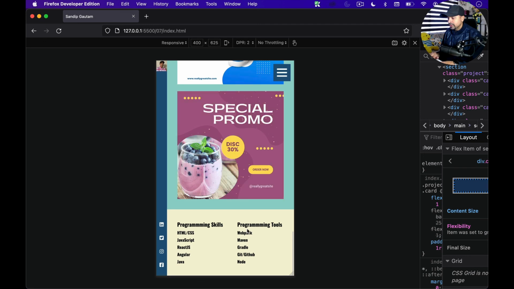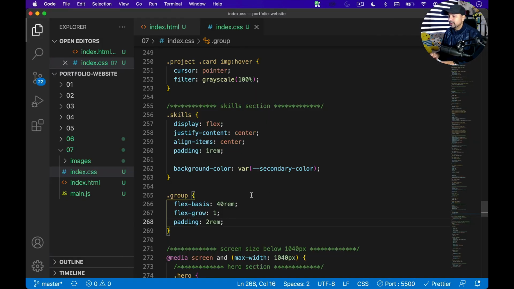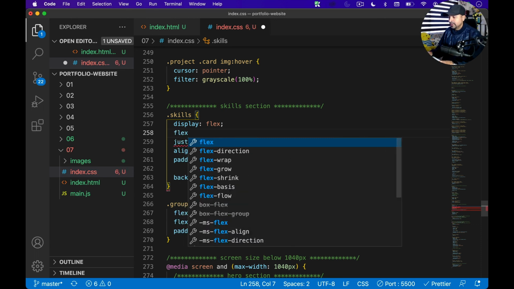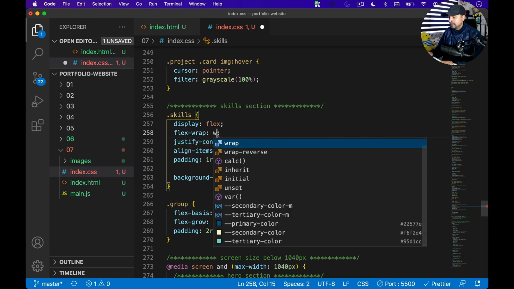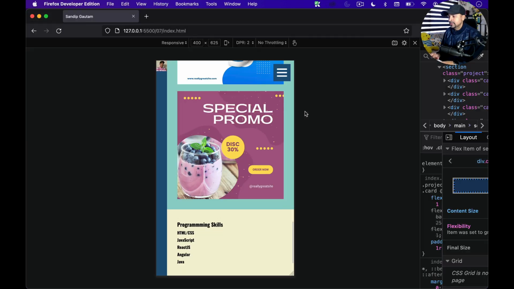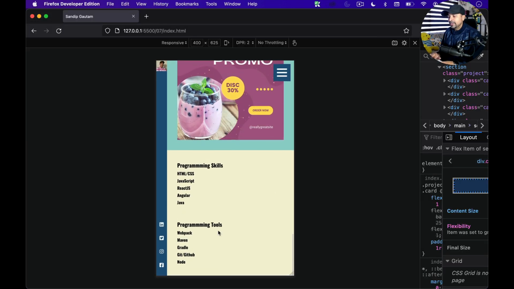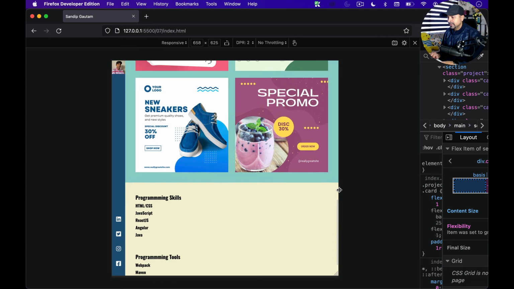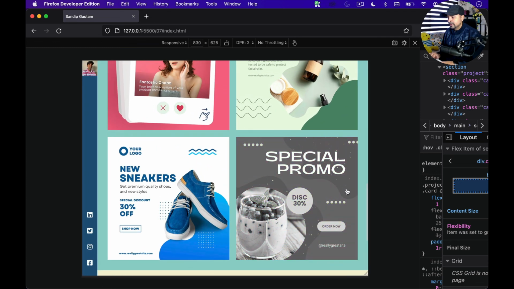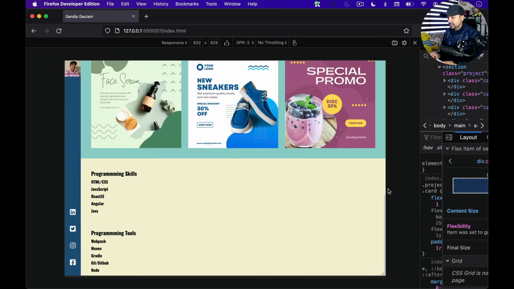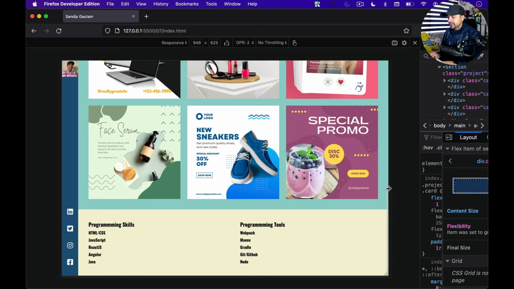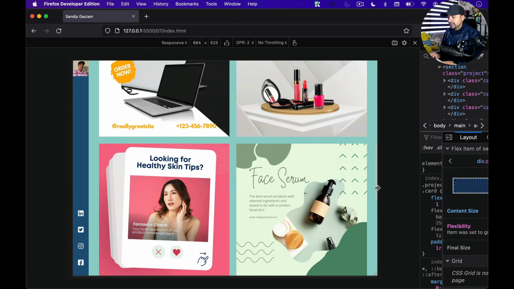If you go here, it's not coming down because I need to give wrap also. So let's use a flex wrap of wrap that will wrap my content. See that? Now if I go like this, probably we'll see them somewhere here. Okay, somewhere here, right? Until here they're coming, and then after this point,